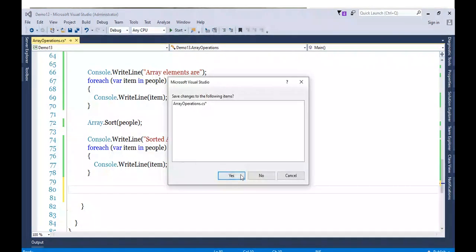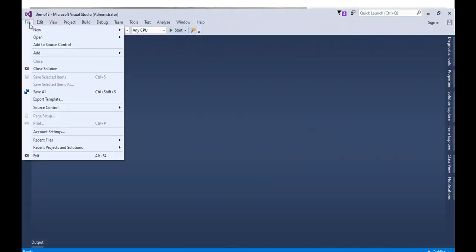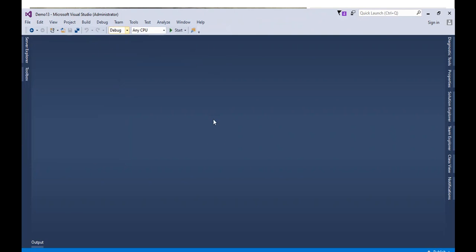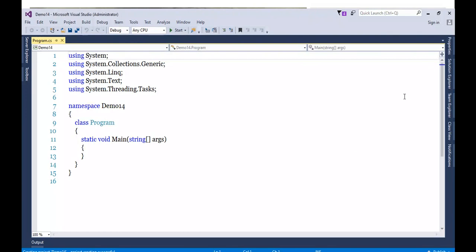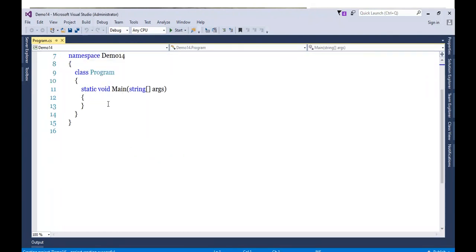So what I'll be doing is I will take a new project, Demo 14. Now in this, I will take a simple array because I want to see how IEnumerable actually works.